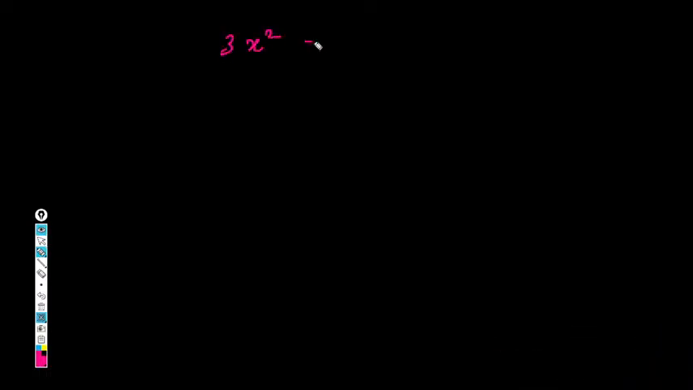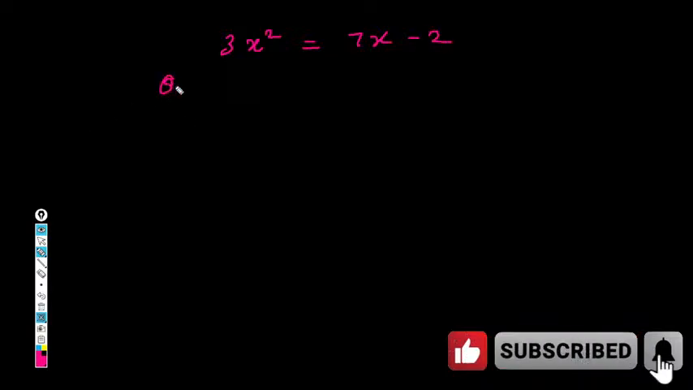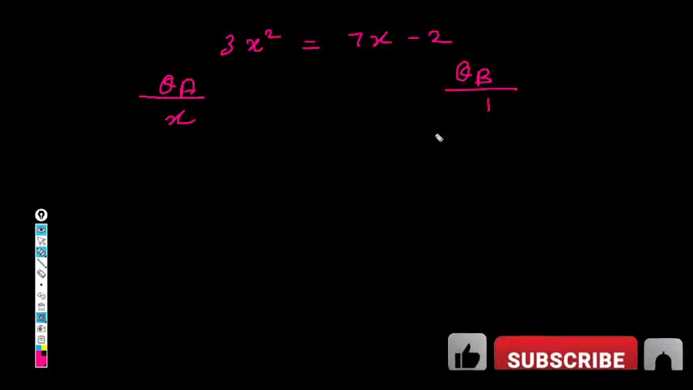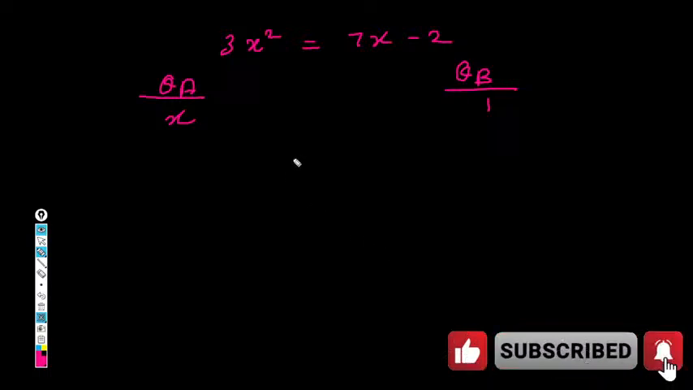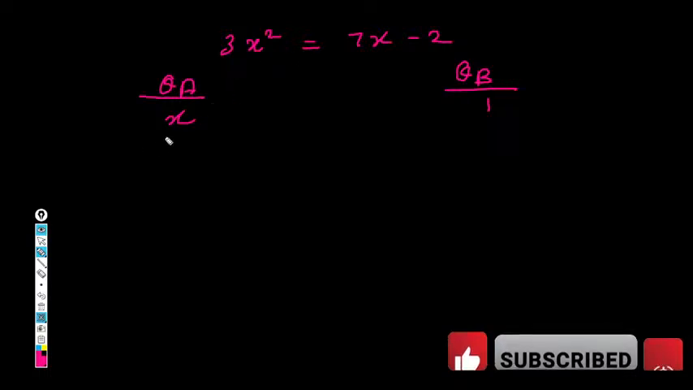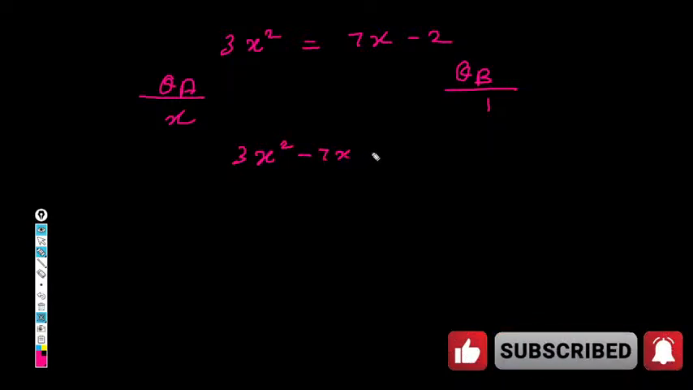So guys, here we know 3x square equal to 7x minus 2. Quantity A is x. Quantity B is 1. So this kind of problems, what I will do is directly solve the quadratic equation. Before that, check if any values it is taking 1. No, it is not taking. So we can go straight away with the quadratic equation 3x square minus 7x plus 2